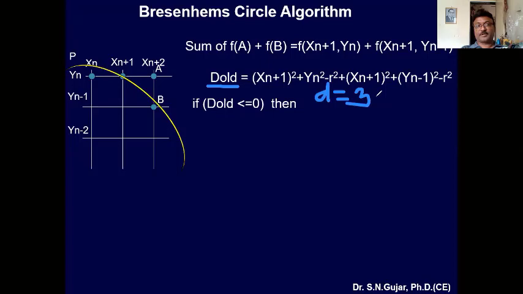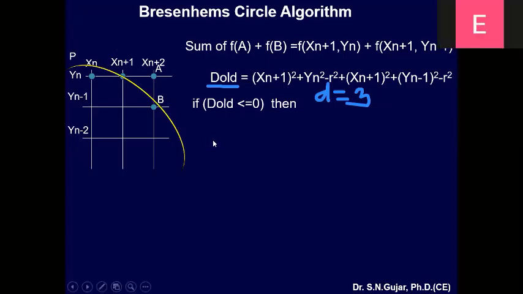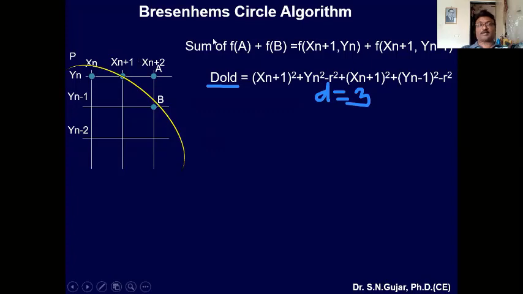Can anybody tell me what is your 3 minus 2r? Yes, 3 minus 2r, correct. So 3 minus 2r is my first decision parameter. Suppose this r, this is a multiplication sign, this r is less than 0, so that time I have to select less than or equal to 0.